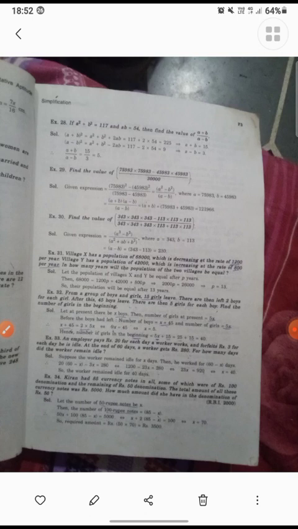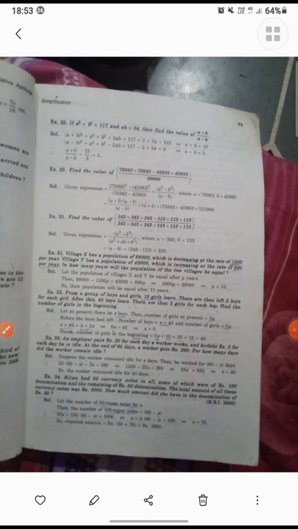If x equals 5, find the number of girls in the beginning. From a group of boys and girls, 15 girls leave, and then there are left 2 boys for each girl. After this 45 boys leave, and there are 5 girls for each boy. So the number of girls at present is 5x, and the number of boys is x. Before the boys had left, the number of boys was x plus 45, and the number of girls was 5x. Find the number of the girls.